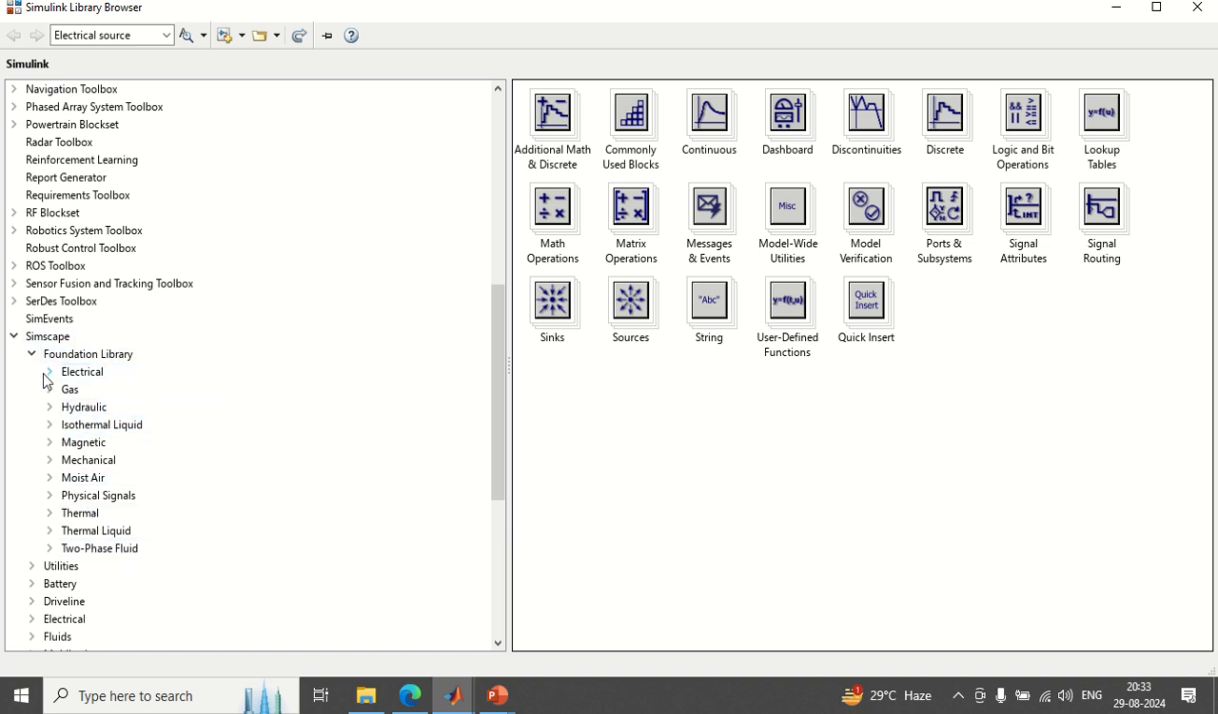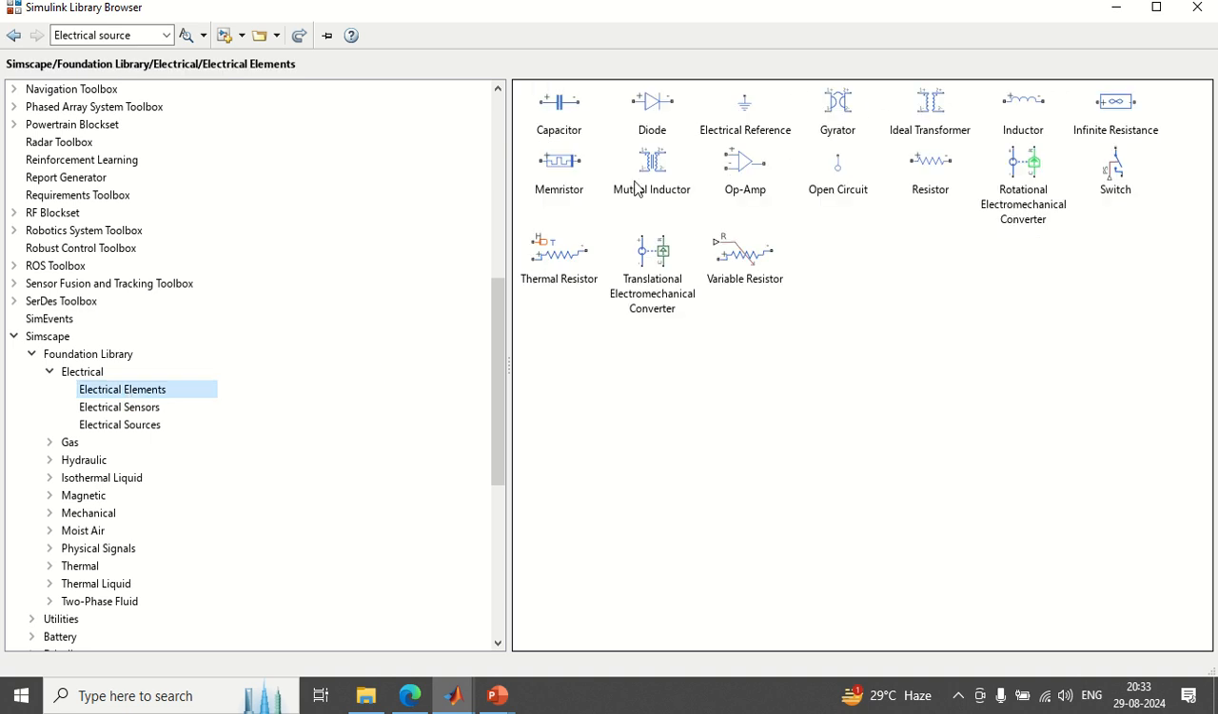I am going to one of these, the electrical domain. Under the electrical domain I am clicking on electrical elements. Here are the electrical elements like capacitor, diode, electrical reference, and all related things. The physical elements work in our model the same way we calculate in normal problems while reading any electrical circuits,